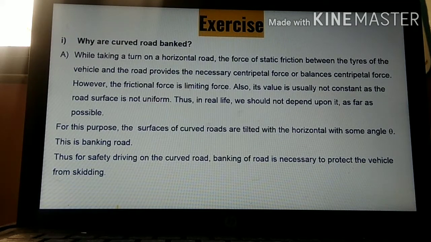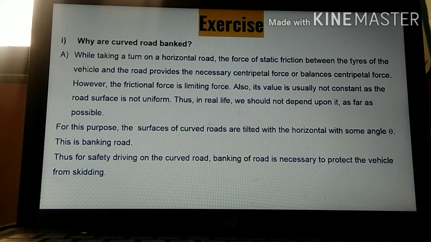1:1:2. Next one. We are starting with the exercise now, long answers. Why are curved roads banked? Why is a curved road banked basically? Over here, there are many questions which I have already explained. So whichever has already been explained, I will not be going deep inside it. In order to understand it, you have to see my previous videos. Then your concept will be clear. But whichever questions I have not explained while doing the theory, I will be explaining in detail. Okay. Why is a curved road banked?